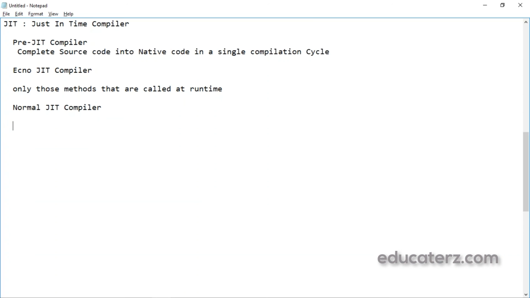Then what is this normal just-in-time compiler? It compiles only those methods that are called at runtime, the same as this, but with an additional feature: these methods are compiled the first time they are called and then they are stored in the cache. The benefit of storing in the cache is, when you call the same method next time, instead of compiling again, it will be called from the cache. So by this, performance will be increased for your application.